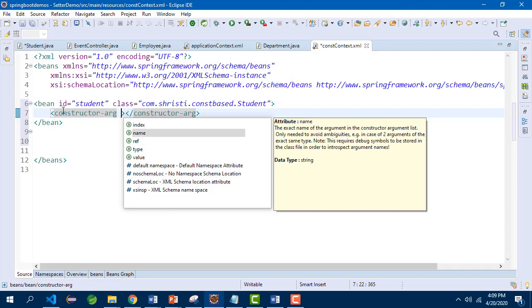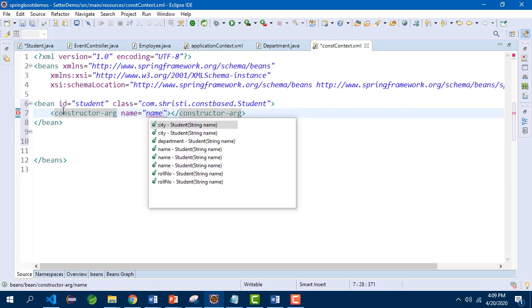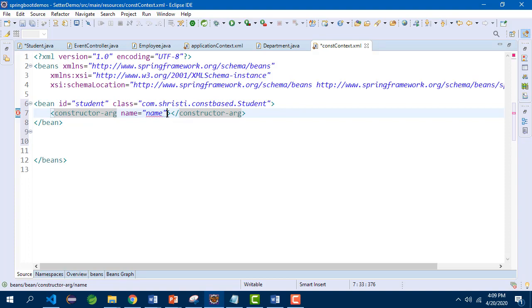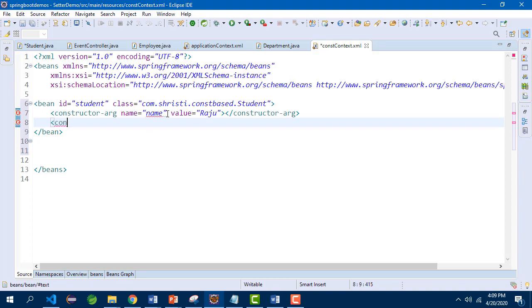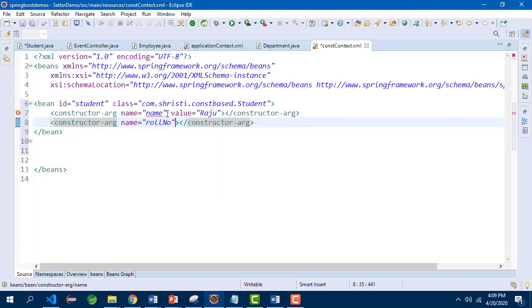Value is to give a value for a primitive type, reference is to refer another bean. So to start with I will use name. So here name equal to name, that is the student name, value equal to Raju. The next constructor argument, name equal to roll number, value equal to 10.